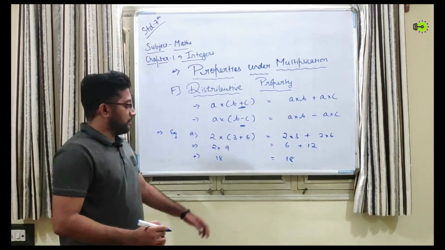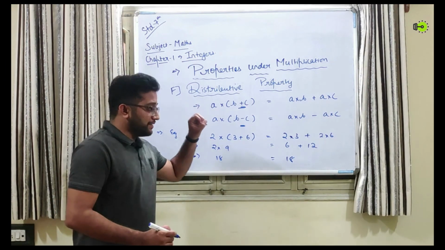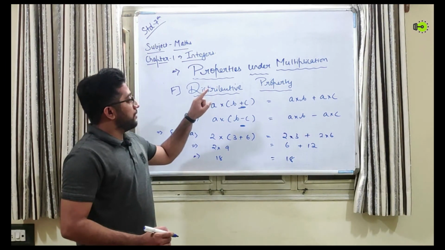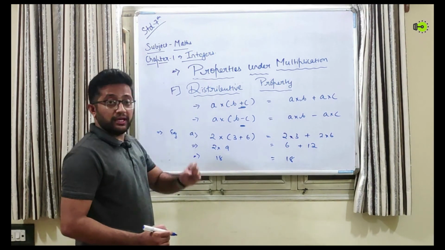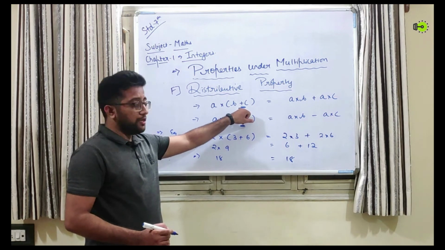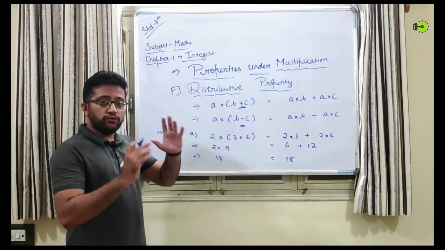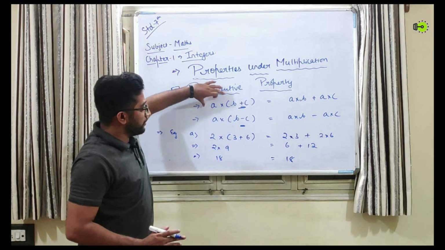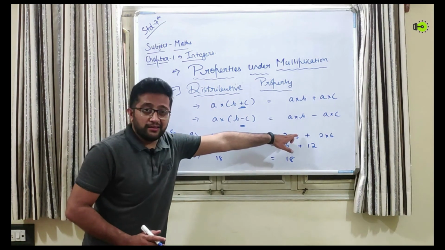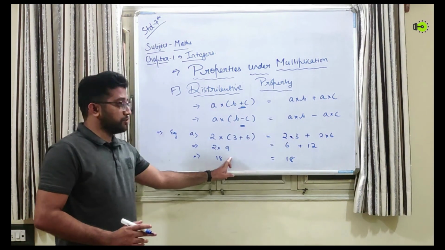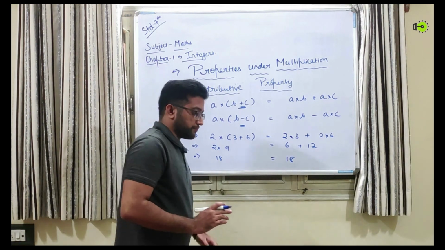So you may see that here also LHS is equal to RHS, and it shows that multiplication is distributive over addition for integers. Okay, we have also proved the same with the help of an example. So you need to understand that if you get a general term like this, you may solve this way also, and you may solve this way also. Okay, so it is up to you which method you want to follow.